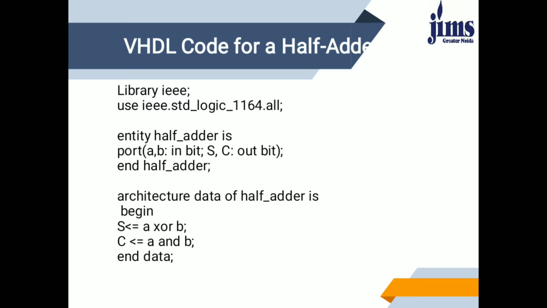So for writing a program, first we need to define the library and the use clause to use this library. First we will define the library, which is the IEEE standard library in VHDL. Then we can define a more specific library in the whole IEEE library. So in IEEE we are using library std_logic_1164.all. To define it we use the clause. Now we are writing a half adder program in data flow style, in which we just need to define the formula.